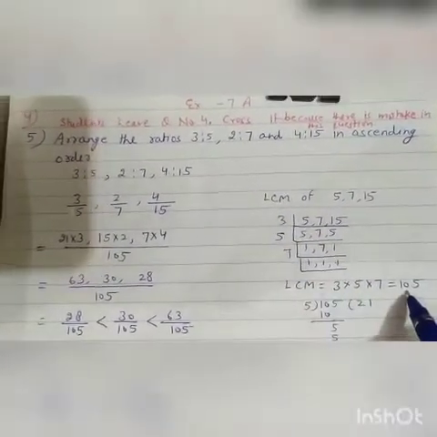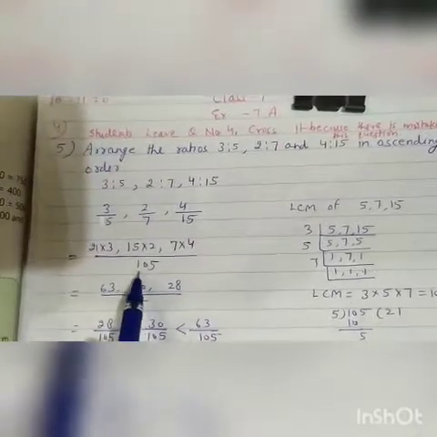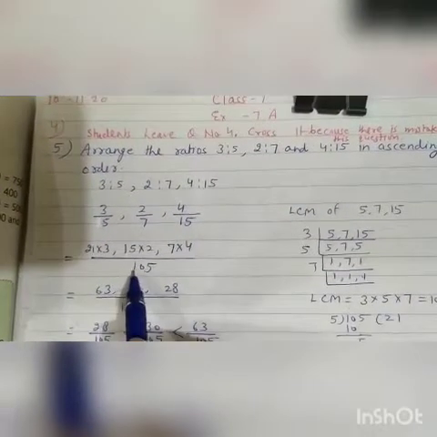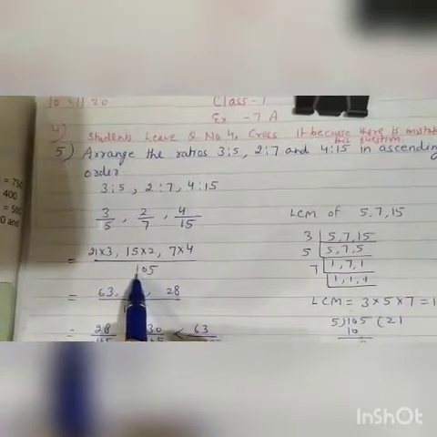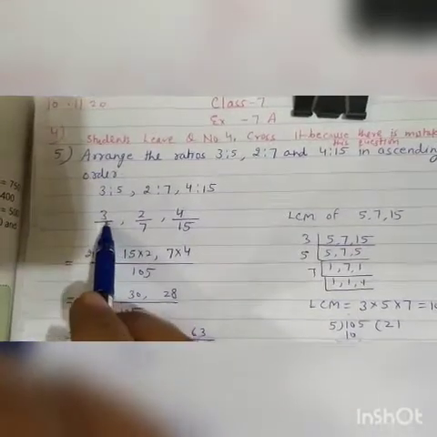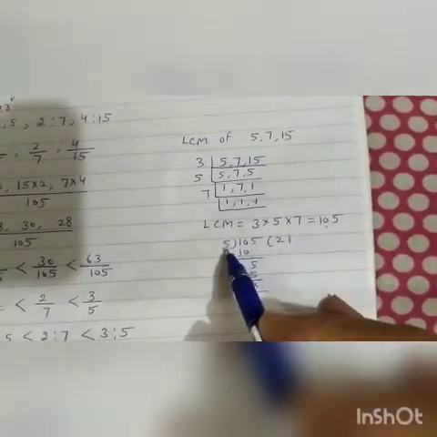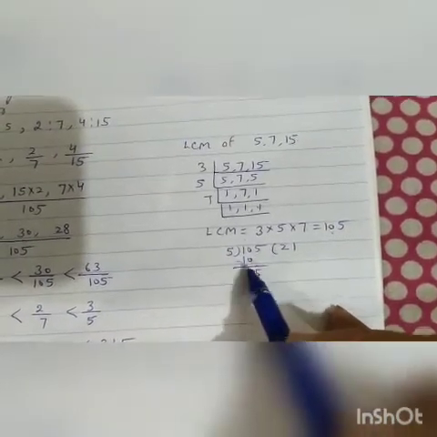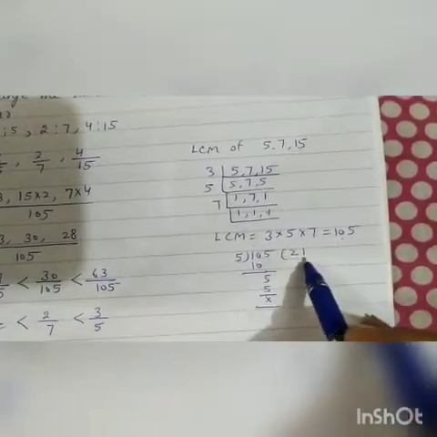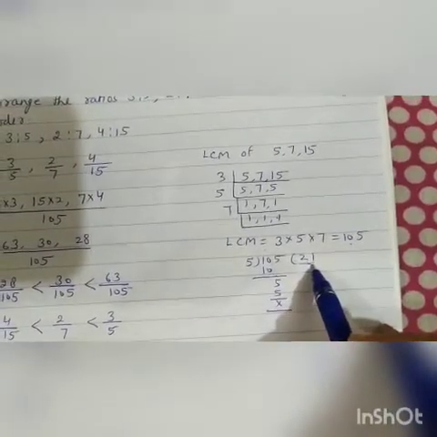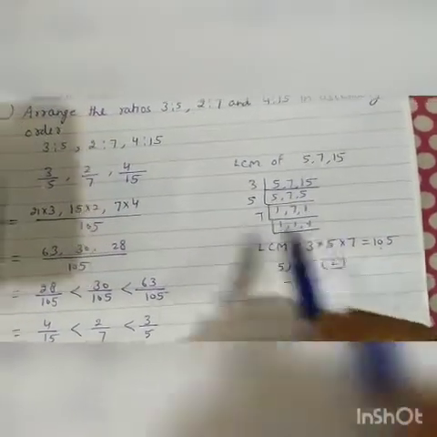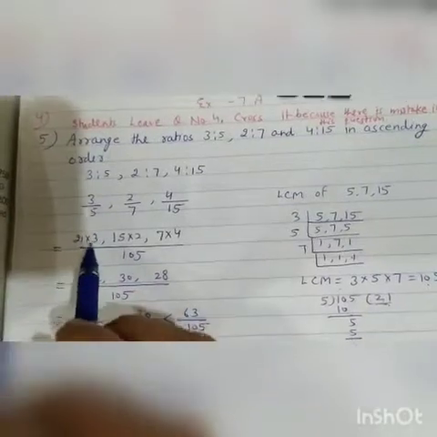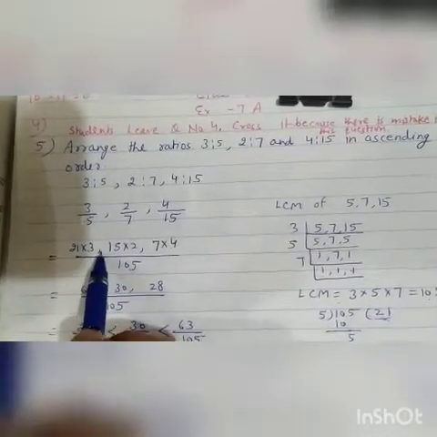LCM is 105. We will write 105 here. Then divide this 105, this LCM, by this denominator 5. See here, 105 divided by 5. 5 2s are 10, then 5, 5 1s are 5. We get quotient as 21. Now this quotient we multiply by this numerator. So 21 multiplied by 3,